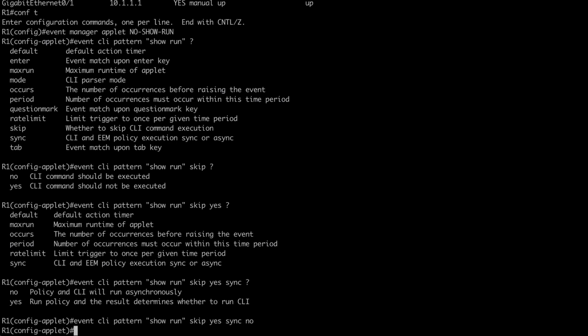Now that we've defined that, we need to define an action to be taken. In my case, I'm going to choose to present users with a message letting them know that this command is restricted and suggesting that they contact an administrator. That's something that may be configured for lower level users, maybe tier 1 help desk support, for example. So let's say action